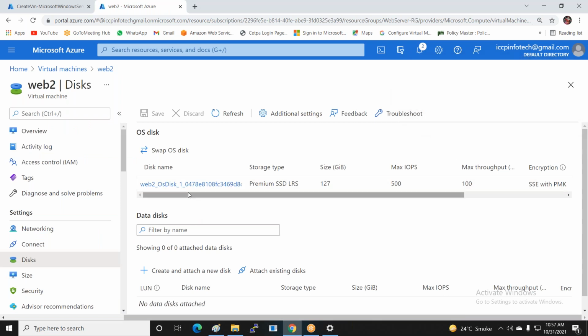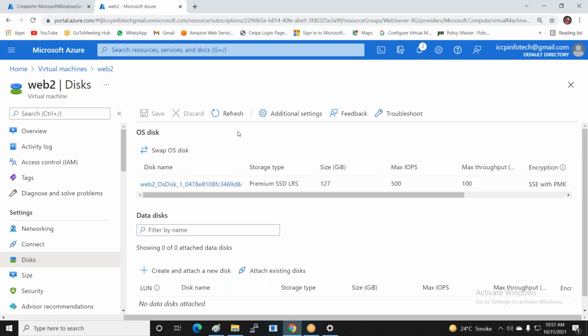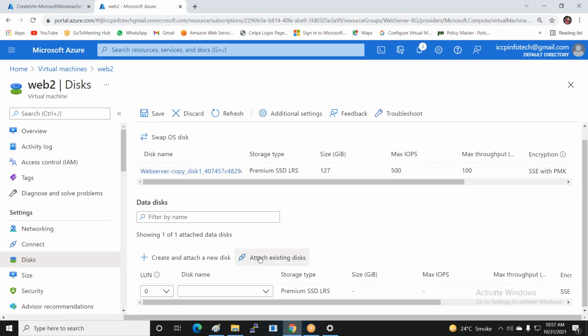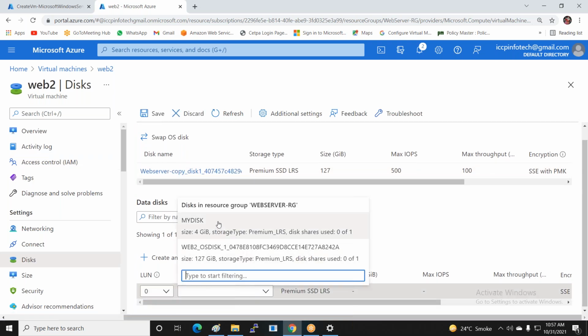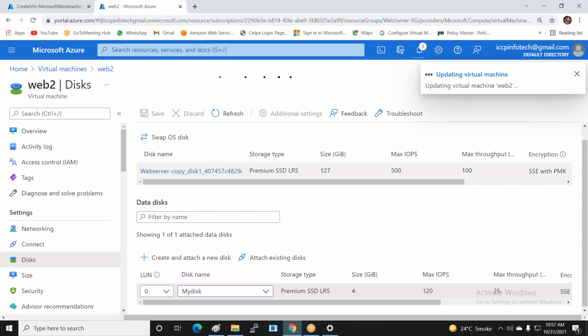Now, is the web disk swapped or not? I think so. Yeah, it's swapped. Now you can attach an existing disk, select my disk and save. So I swapped the OS disk, and second I add the additional disk.